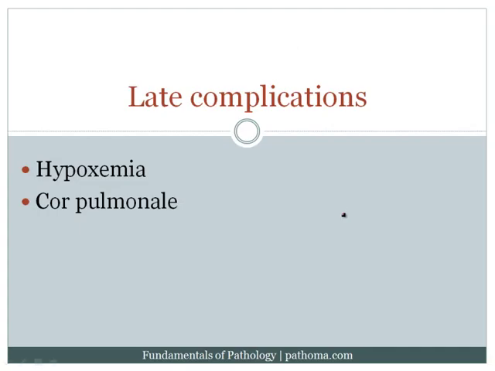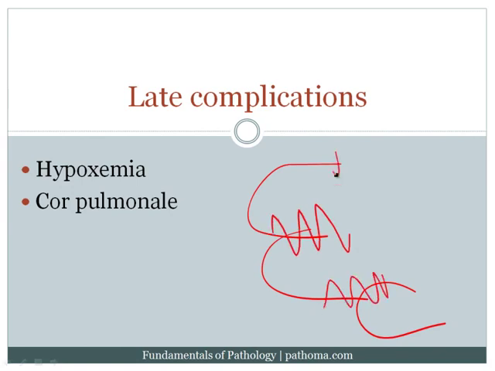A few late complications of emphysema. The first is hypoxemia. Now basically these are pink puffers, and they're able to maintain gas exchange appropriately because they keep their lips pursed and they breathe slowly with prolonged expiration. However, eventually, imagine if these are all the air sacs and we're destroying these air sacs. Not only are you losing the air sacs and the recoil, but you're also losing the capillaries that are present within the wall of these air sacs. So over time, as you lose the capillaries, you're going to lose the bed across which oxygen exchange occurs. And so these patients will become hypoxemic, which means that they won't be able to generate a good